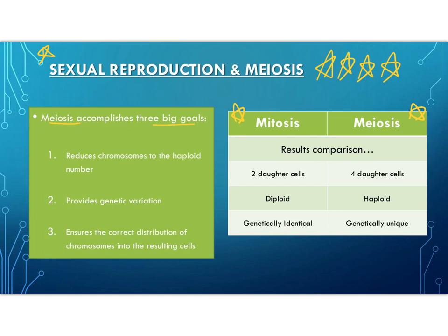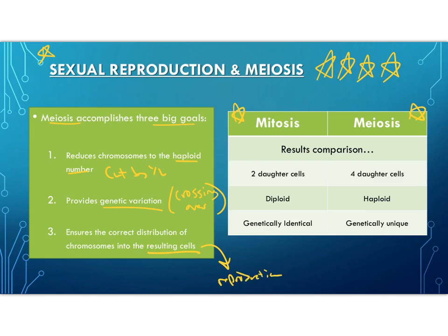So, the purpose of meiosis is to reduce the chromosomes to the haploid number. So, in other words, cut the chromosome number by half. Provide genetic variation, which happens during crossing over. And ensure that the cells you get have the correct number of chromosomes to be used in reproduction,